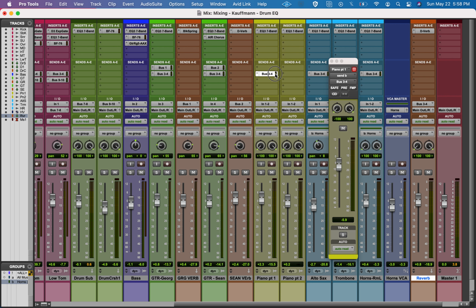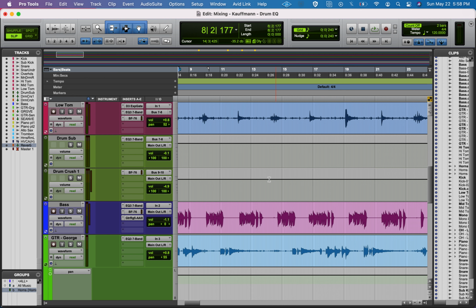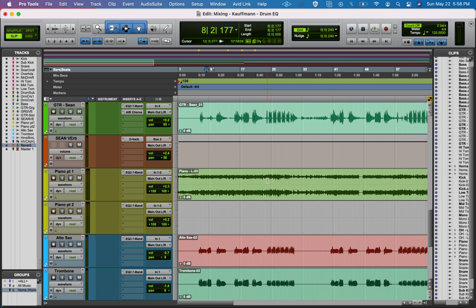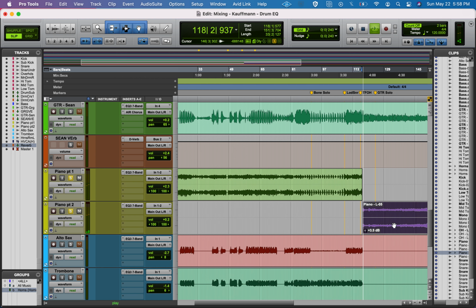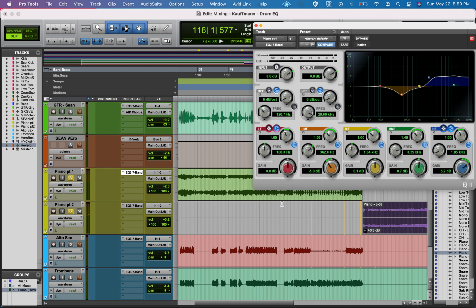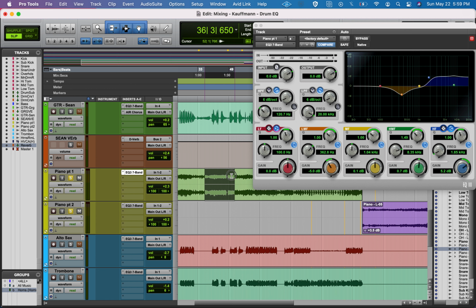One thing about the piano that I think is important that I hadn't gotten a chance to get to is the pianist changed piano sounds mid-recording. So this is a very bell-heavy electric piano, and then he went to the piano. So I thought it was important to cut where the piano engaged and put it on its own track because I wanted to handle the EQ of these two sounds differently. So, for example, on the E piano,